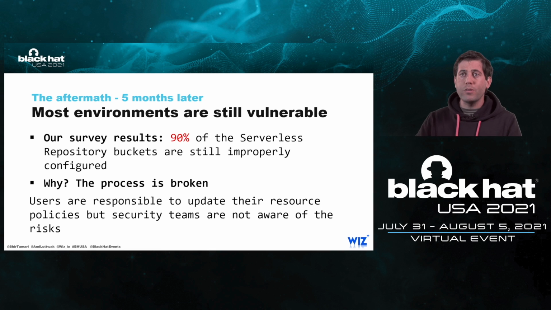We looked into that, we looked into the environments. What we understood is that the users, even though some of them got emails, the users are responsible to fix this vulnerability. AWS cannot fix it. If they could, they would have fixed it on their own, but they can't, because they cannot know what was the source account that you meant as a user. So the users need to fix this vulnerability. And the problem is that they simply don't.